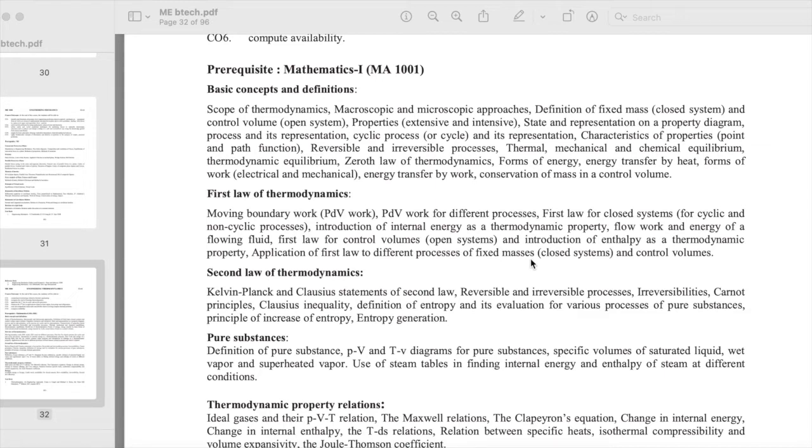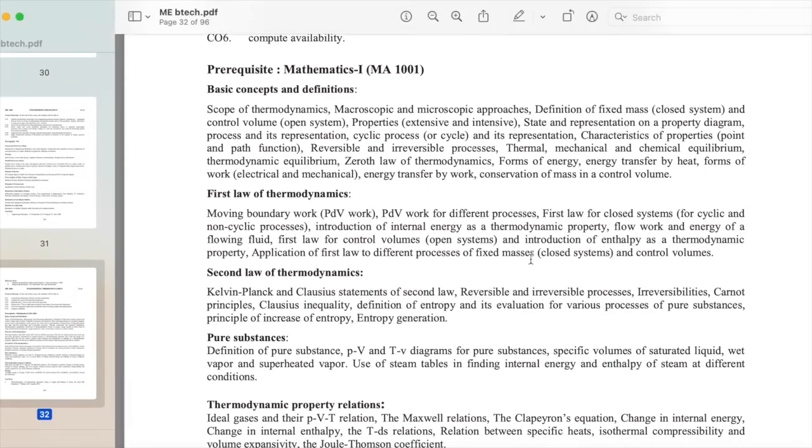Basic concepts and definitions. Scope of thermodynamics, macroscopic and microscopic approaches, definition of fixed mass, closed system, and control volume, open system, properties, extensive and intensive, state and representation on a property diagram, process, and its representation, cyclic process, or cycle, and its representation, characteristics of properties, point and path function, reversible and irreversible processes, thermal, mechanical, and chemical equilibrium, thermodynamic equilibrium, zeroth law of thermodynamics, forms of energy, energy transfer by heat, forms of work, electrical and mechanical energy